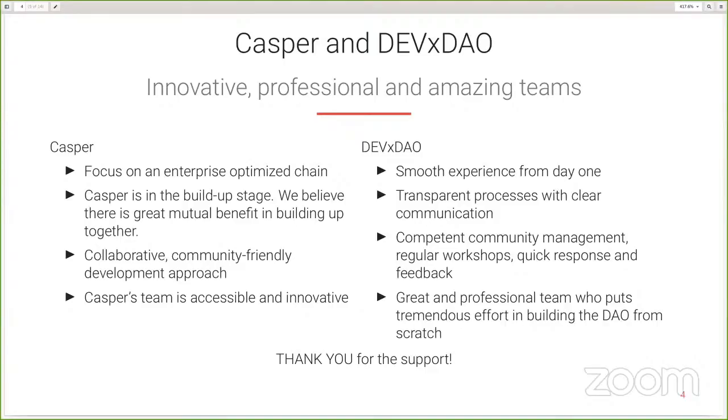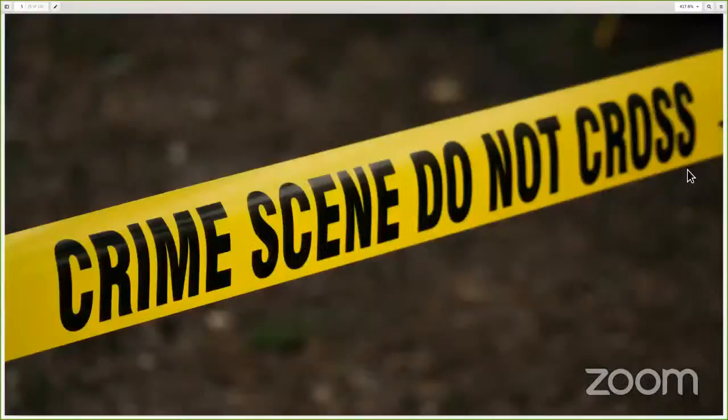You do a pitch, and the best is that you actually get feedback from people with different backgrounds. Not only technical, you get feedback on use cases, everything, before you actually go for final voting with your proposal. So it has been a great experience there. And a great thank you to both of you for supporting us. And on the DevDAO, the guys building up this DAO from scratch, thank you for that.